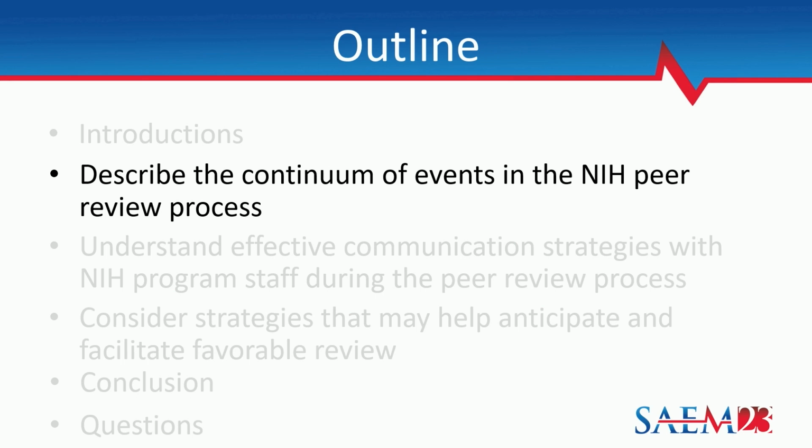So we're going to start by describing the continuum of events in the NIH peer review process. After you hit submit, what happens? The first thing I'll tell you that I didn't know when I started is that you put all this work in, you're super excited, you hit submit, and then you wait, and you wait a long time. From the time you hit submit to the time you get the award,